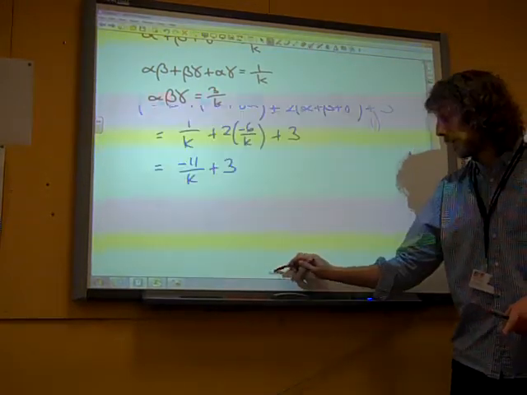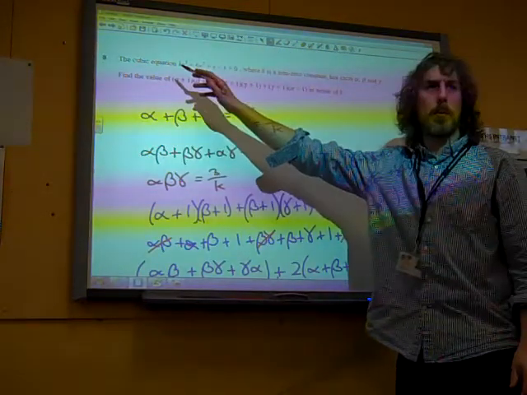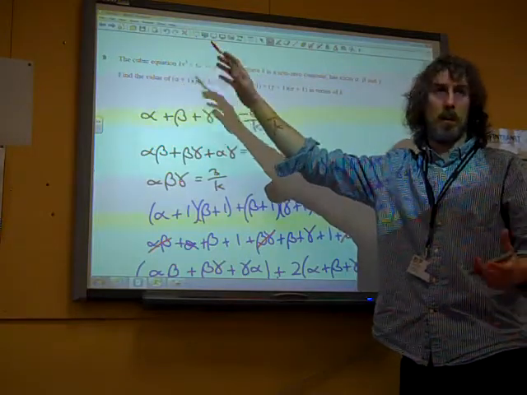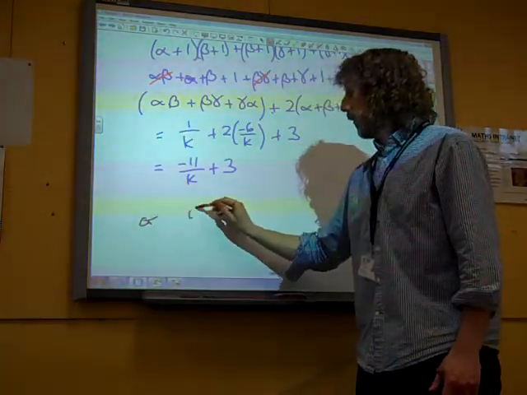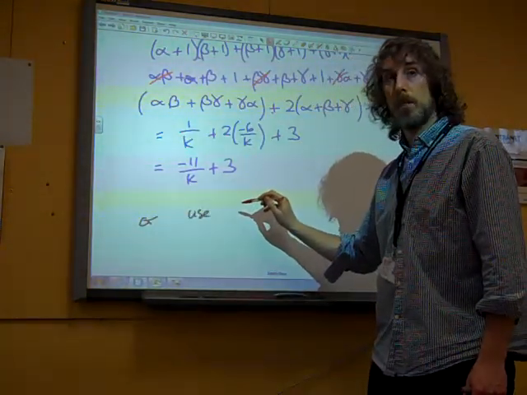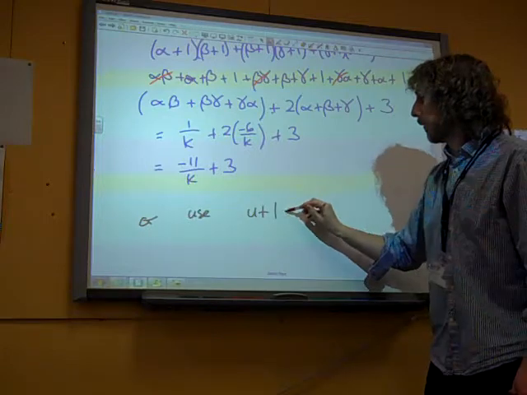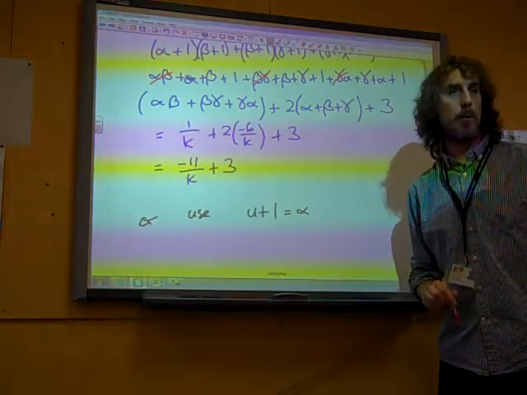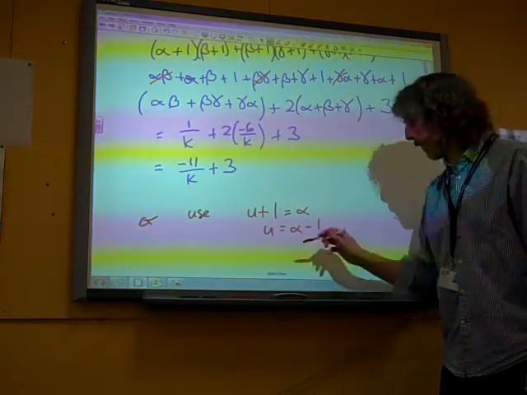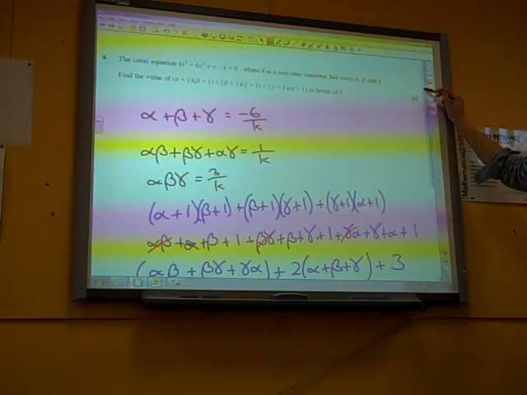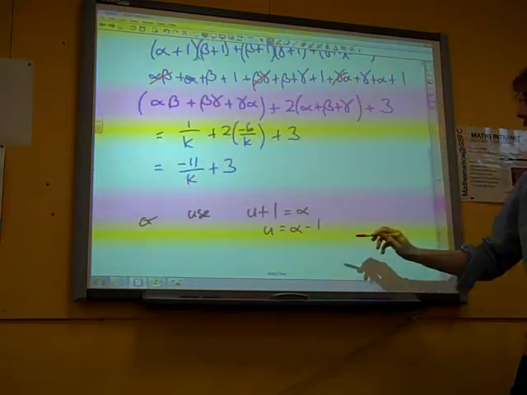The other way that you could have done that is, remember, you recognise that this is all to do with these roots are in the form alpha plus 1, or x plus 1. So we're going to use the idea that they're in the form u plus 1 is equal to alpha. Our new root is u plus 1. So u is alpha minus 1. So we're going to substitute u minus 1 in effect into the equation and get